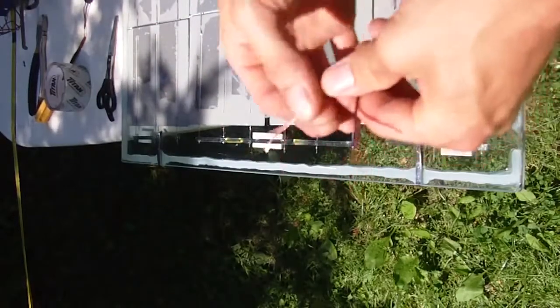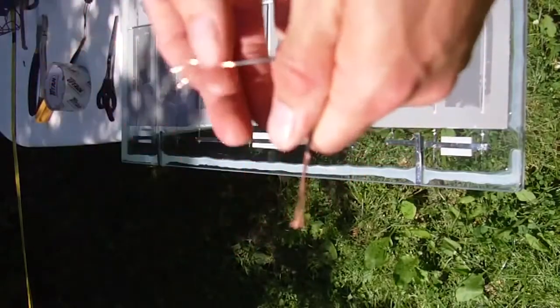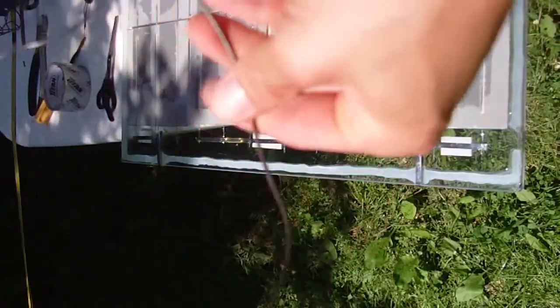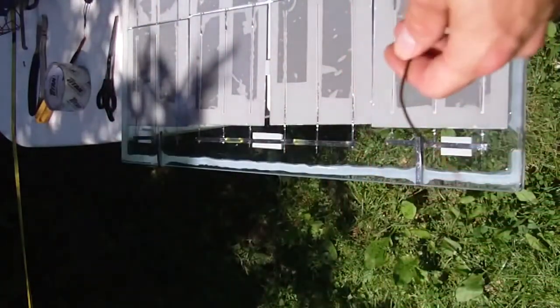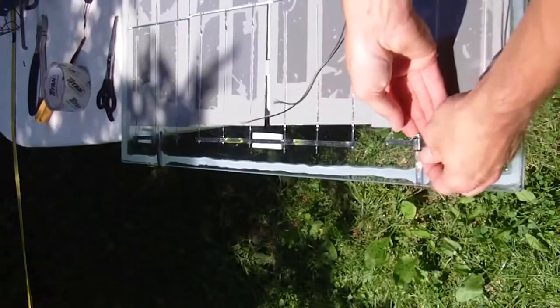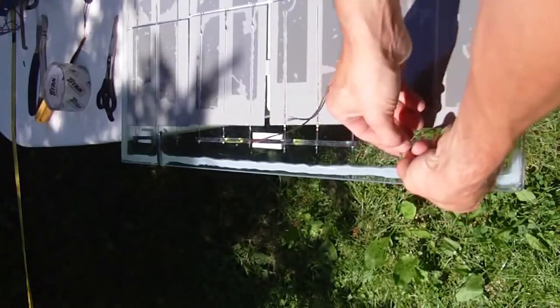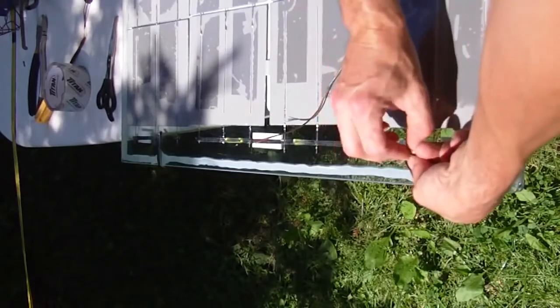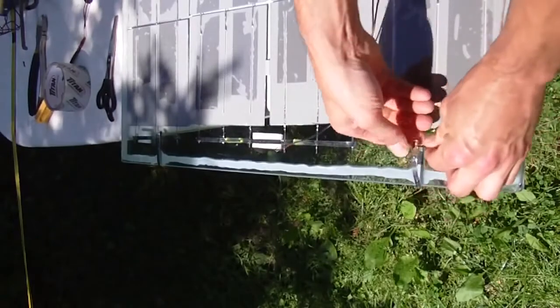So I've just stripped the wires back, and I haven't twisted them because they solder better when they're just in strands. I'm going to select the black wire for my negative, so that'll be this contact right here. All you have to do is just wrap this wire around the bus bar wire a few times like that,